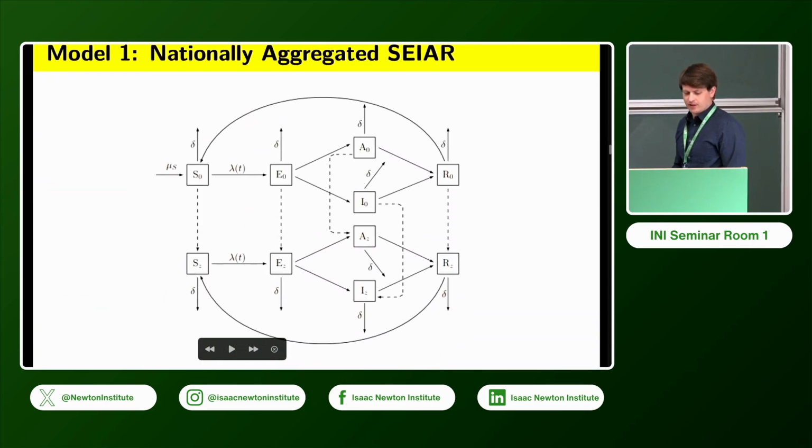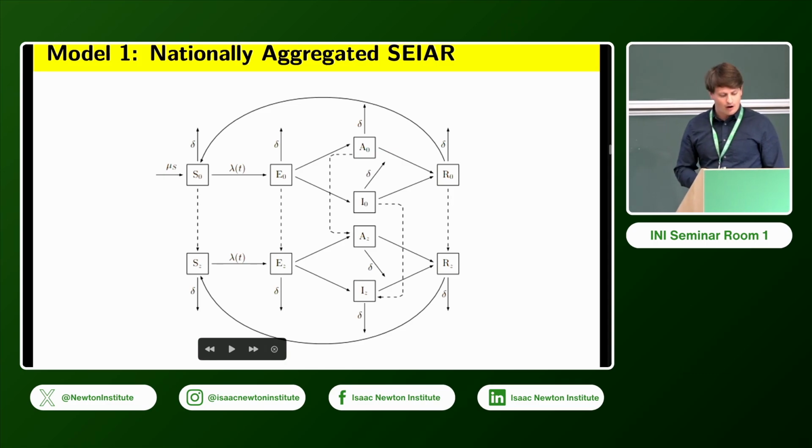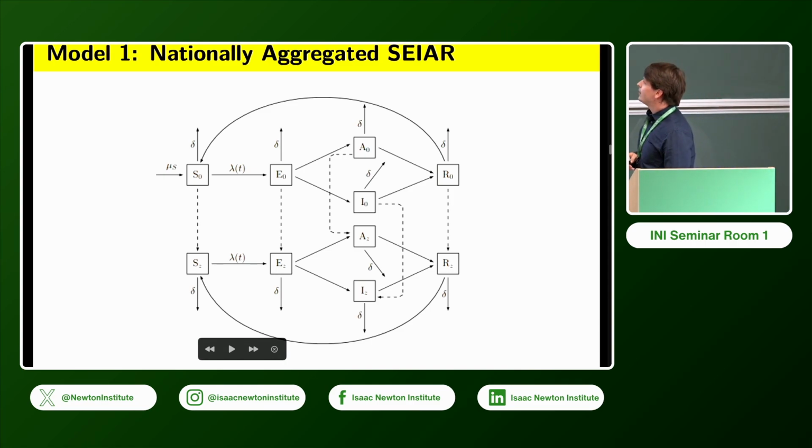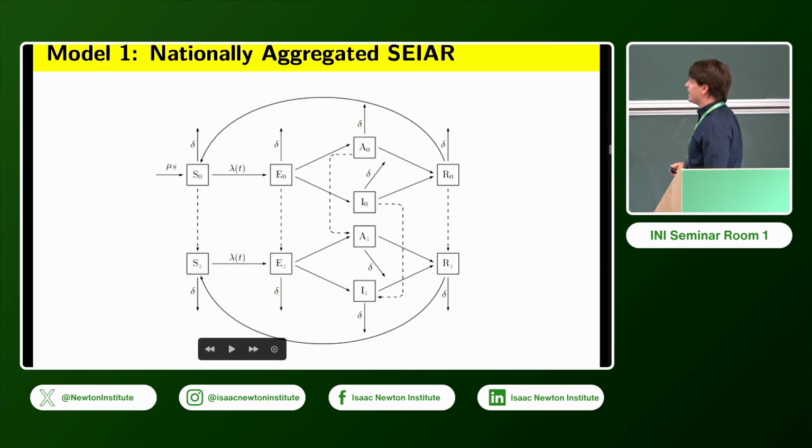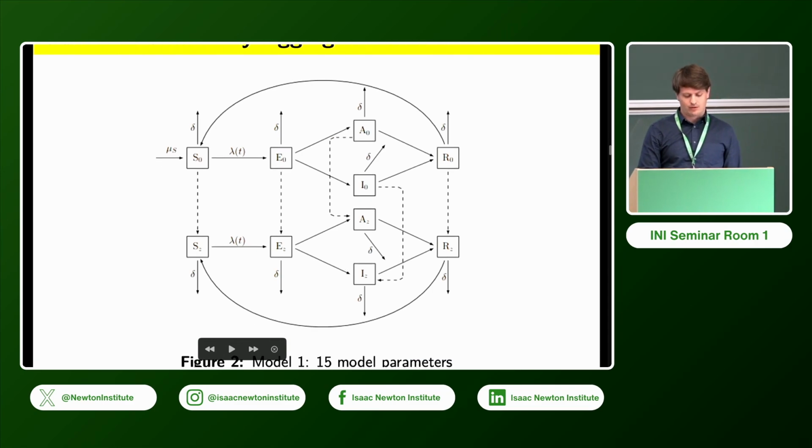So here's the first model that we're going to look at. It's an SEAIR model. It models the data at a nationally aggregated scale. And as you can see, one of the primary questions of this study that we're doing a reanalysis of is how various vaccination strategies might help the cholera situation in Haiti. So we include some vaccination compartments for each of the standard SEAIR compartments in this model. The first thing I'll highlight here, this lambda t, is the transition rate from the susceptible to exposed.